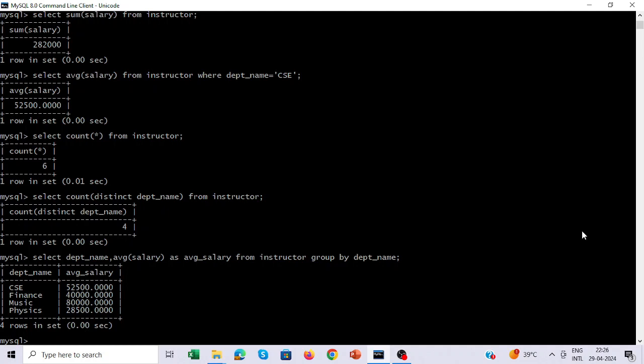So having clause is useful to state a condition that applies to a group rather than a single tuple or a record in a table. So here, once we have formed a group using department name, we can apply a certain condition using having clause. So select department name and average salary of the department from instructor table,